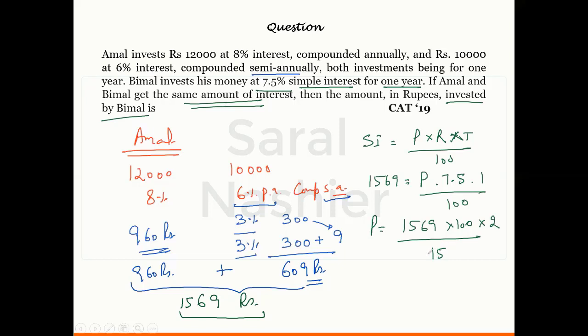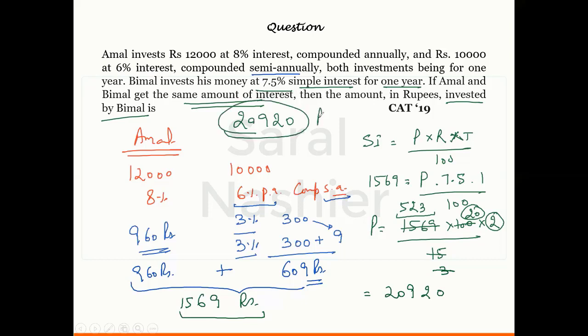Okay. So 5 3s are 15 and 5 20s are 100, and 3 5s are 15, 2s are 6, 3s are 9. So this complete thing gives me 523 into 20 into 2. So I think this is equal to 4 3s are 12, 1 8 plus 1 is 9, and 20. So 20,920 rupees must be the amount invested by Bimal in this scheme. I hope this part is clear. It's a question from the actual exam and not very difficult. I think it can easily be solved if you make such tables as we discussed before as well.